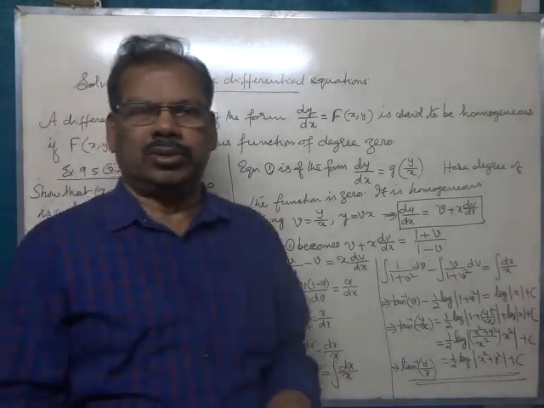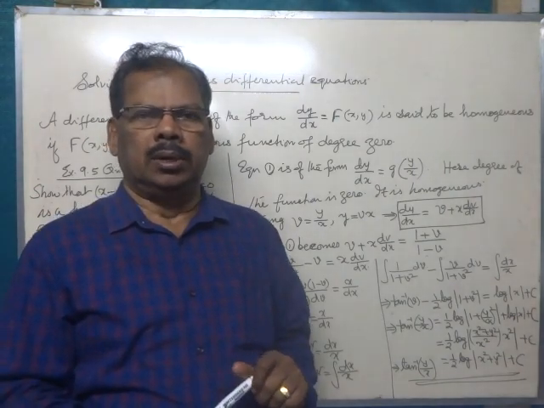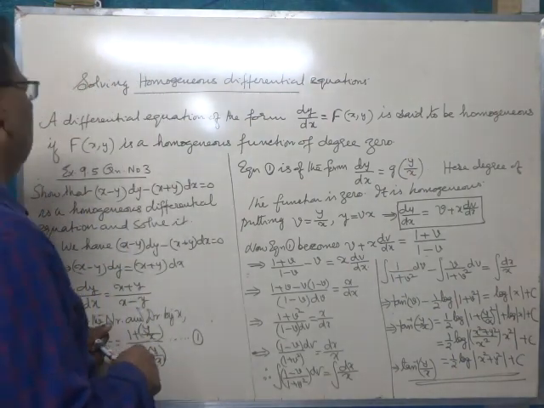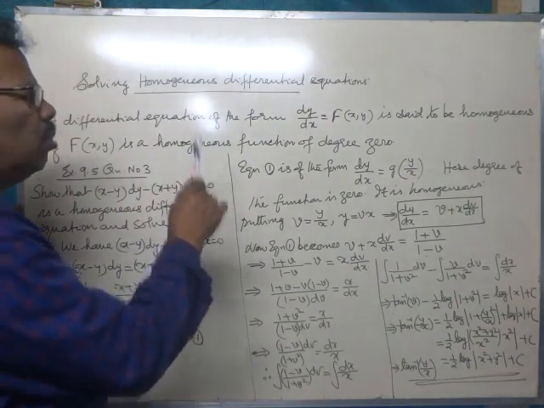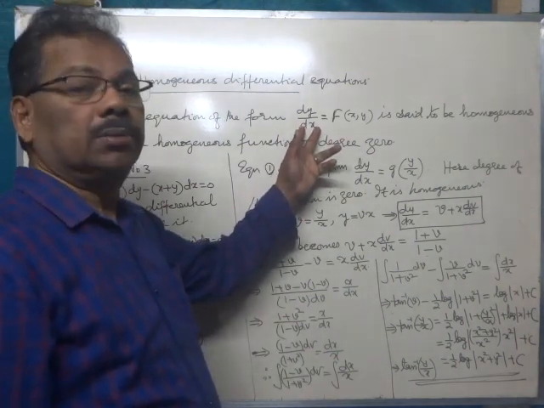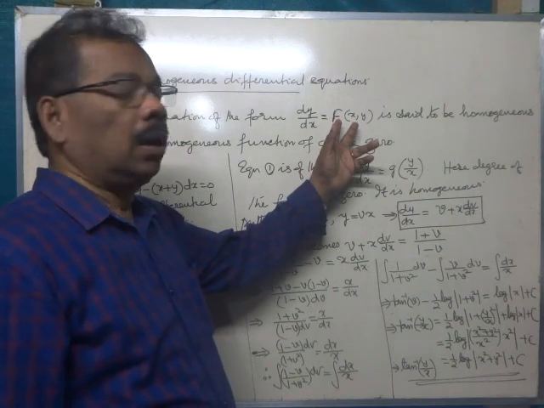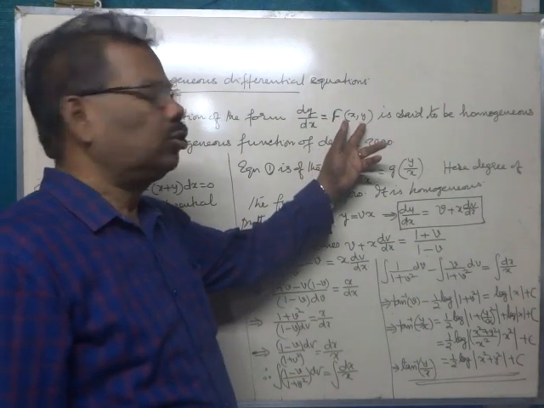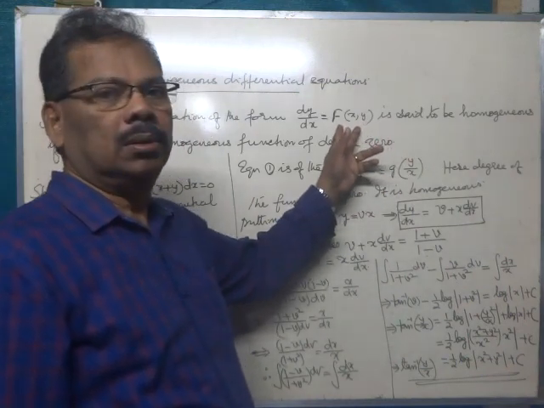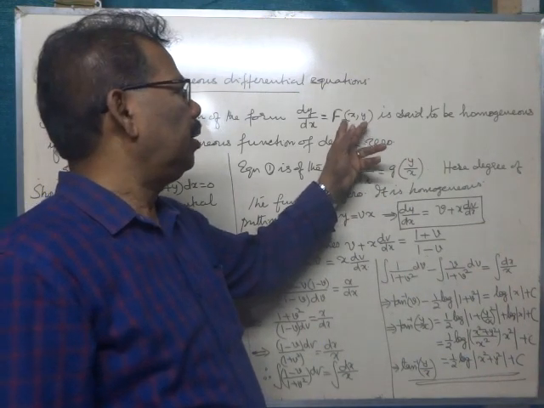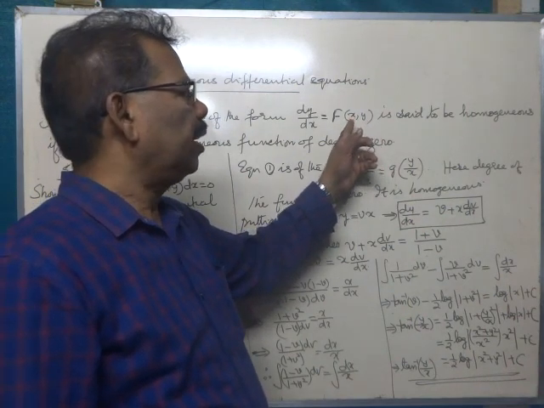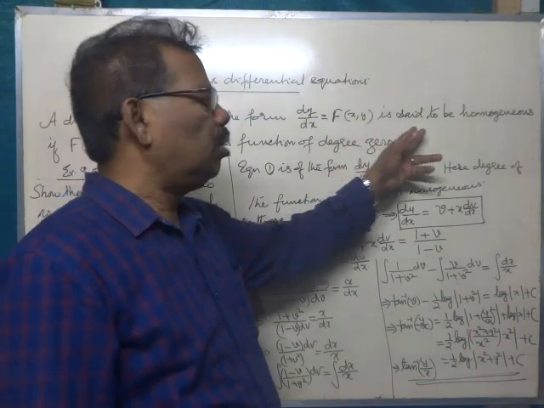Now let us discuss homogeneous differential equations. A differential equation of the form dy by dx equals f of x, y, a function in which the dependent variable is y and the independent variable is x, is said to be homogeneous